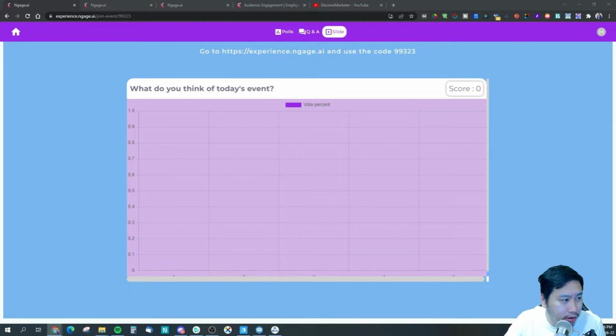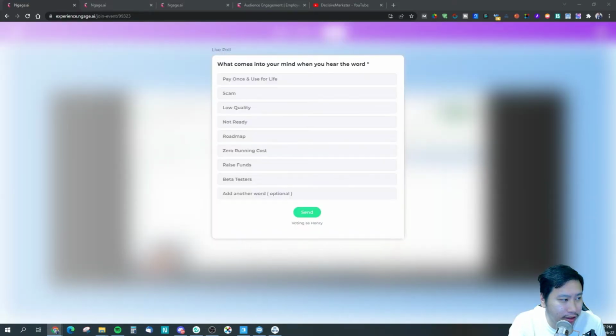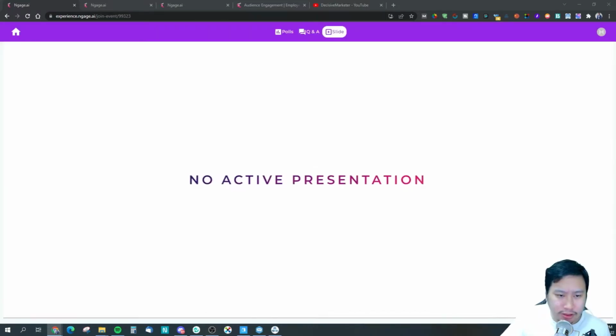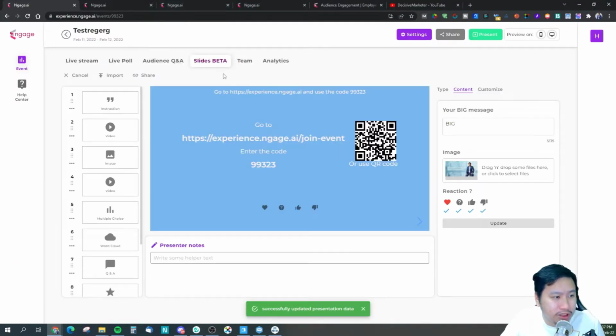So it does take some time to reflect between the presenter and the original audience view. It seems like the instructions isn't showing correctly as well, but of course, you know, the slides feature is in beta, right? So there could be some issues that they have to iron out.